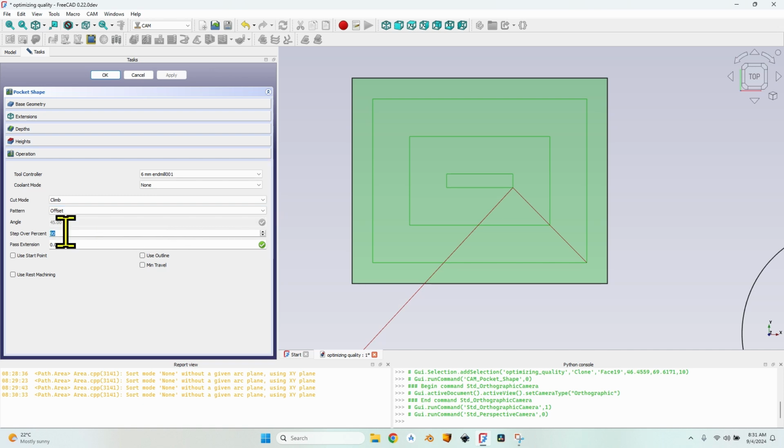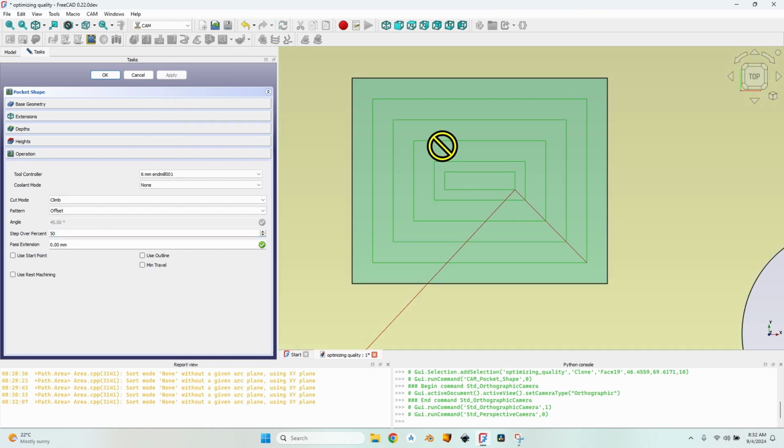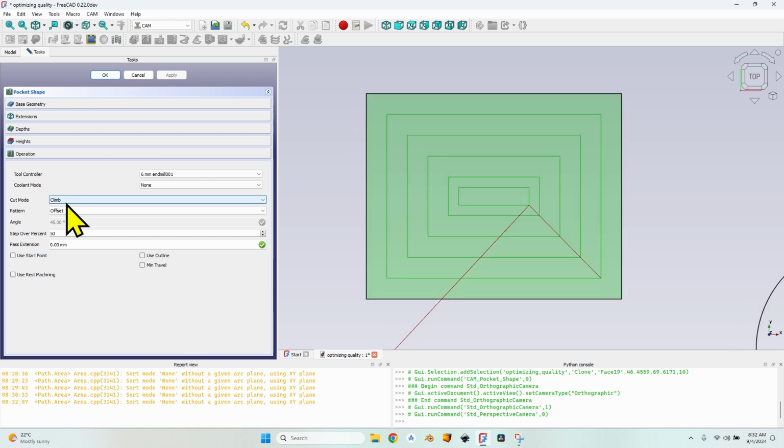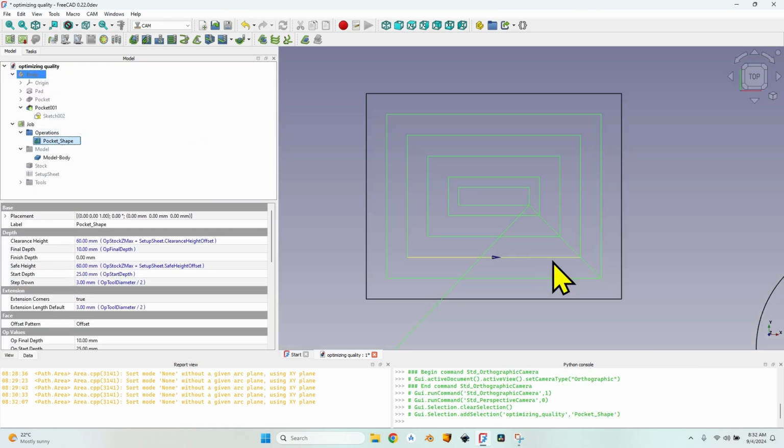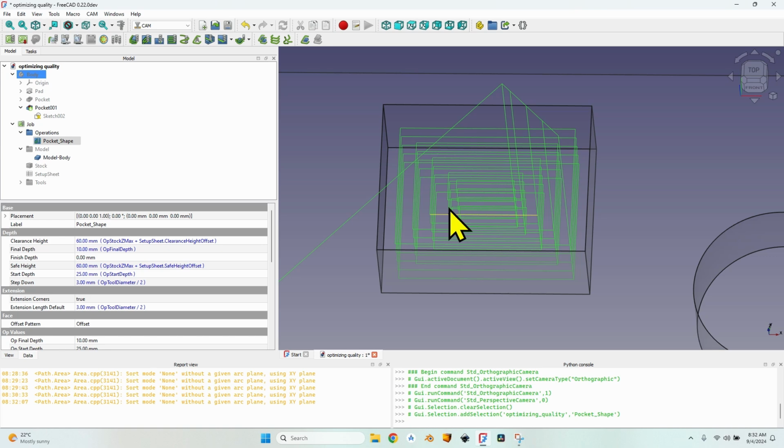If I want some passes that are closer together, I have to reduce the value of the step over. So a step over of 50% will make more lines, but the finish will be smoother, depending of course on the situation and on the material. So I've explained what these options do and how they impact the quality of the cut. Now let's close this dialog and take a look at the operation, and now let's make the final optimization, which